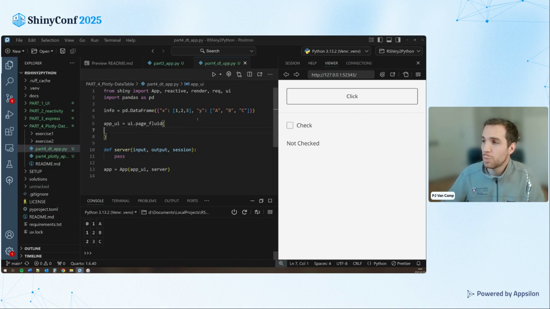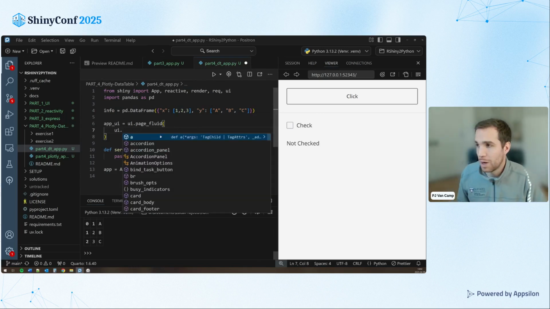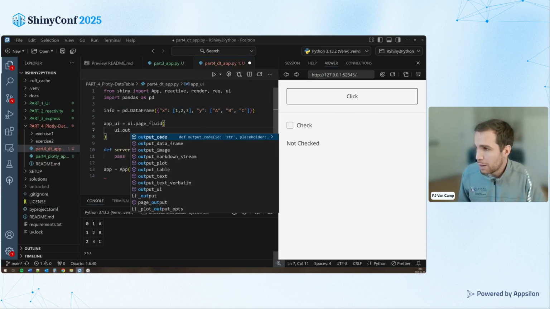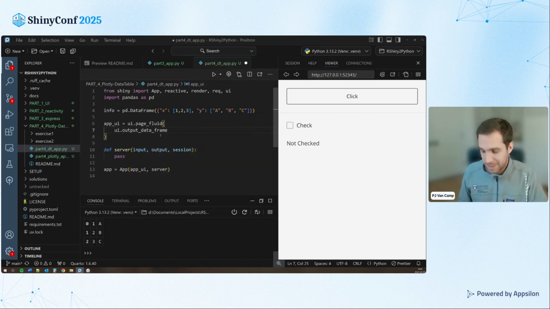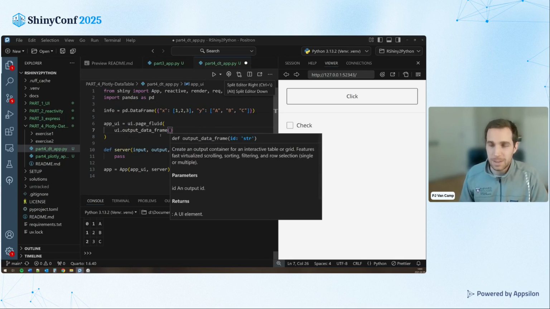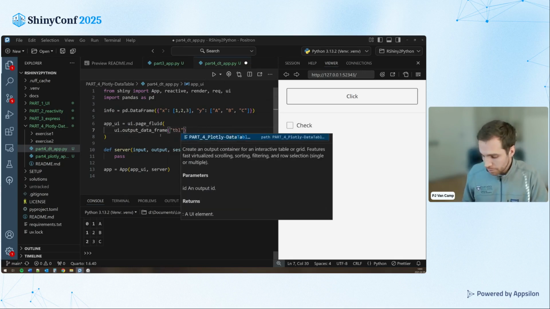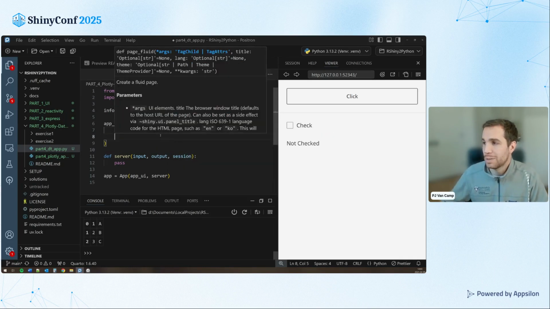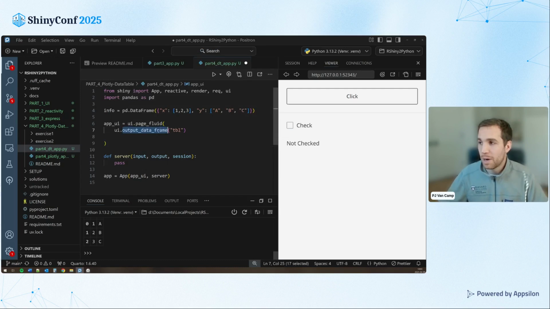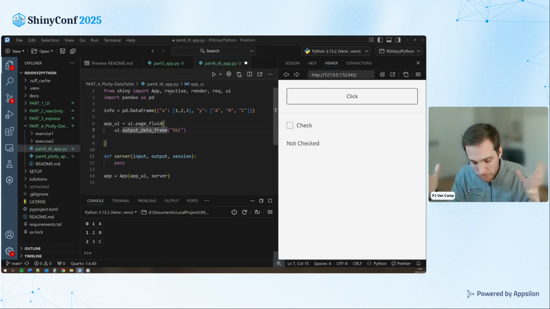Okay, so at this point, we are going to try to create a data frame. So the first thing that we need to do is actually put a placeholder here where we can put our table. So again, this is going to be a UI element, and we're going to do output, and it's called output data frame. So interestingly, this is a little bit different from R. In R, you do data table output, but in Python, they have chosen to use data frame, maybe because it can do multiple types of